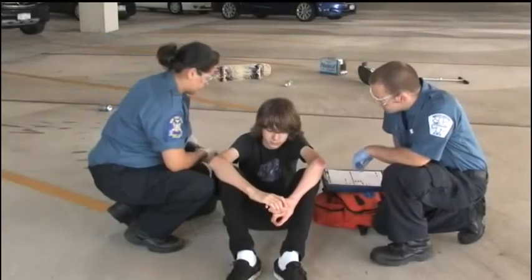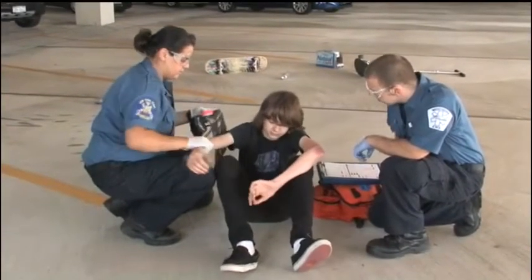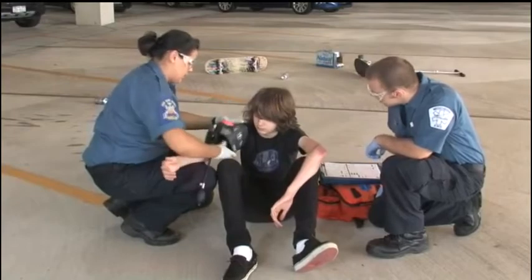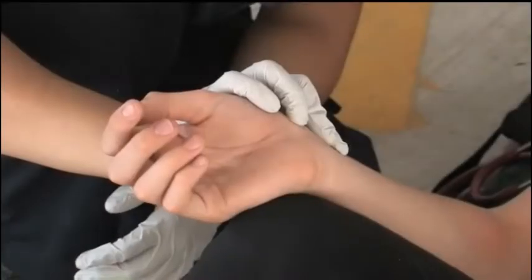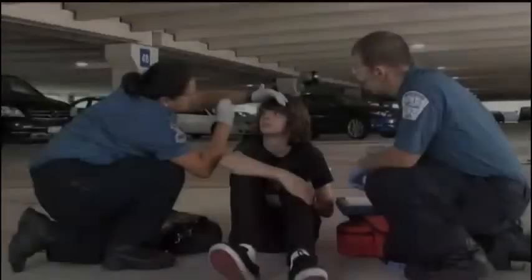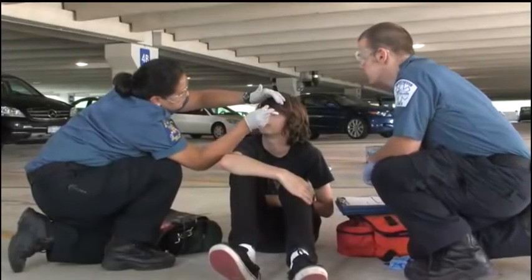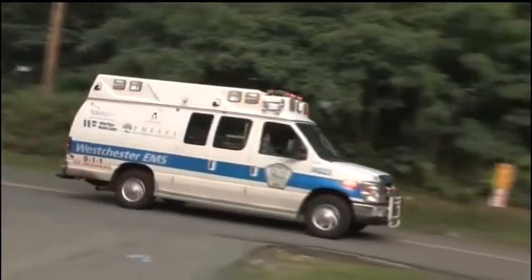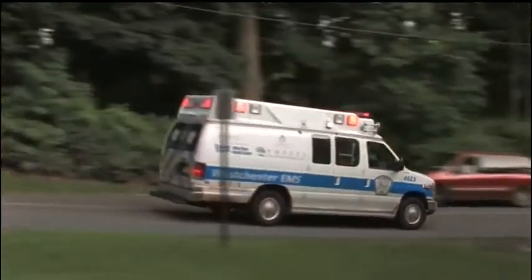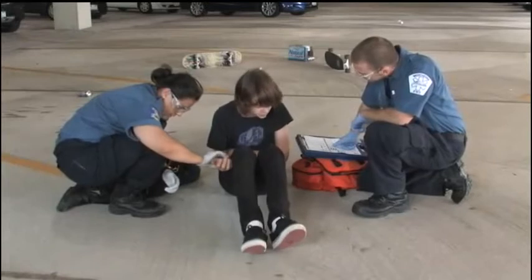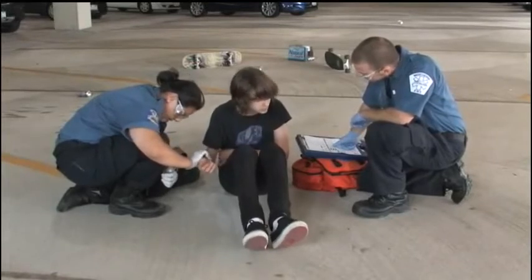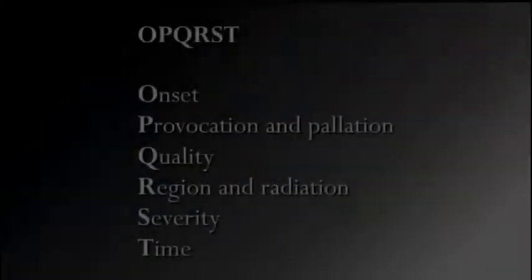While vital signs are actually the first part of the secondary survey, it is unlikely that you will take these yourself as you will be busy talking to the patient. It is appropriate to delegate vital signs to a partner so that the information can be gathered simultaneously during your history taking. Note that in the critical trauma patient, the history, secondary assessment, and reassessment are all performed en route to the trauma center. First, gather a history of present illness by asking the patient what happened today to make them call EMS. The mnemonic